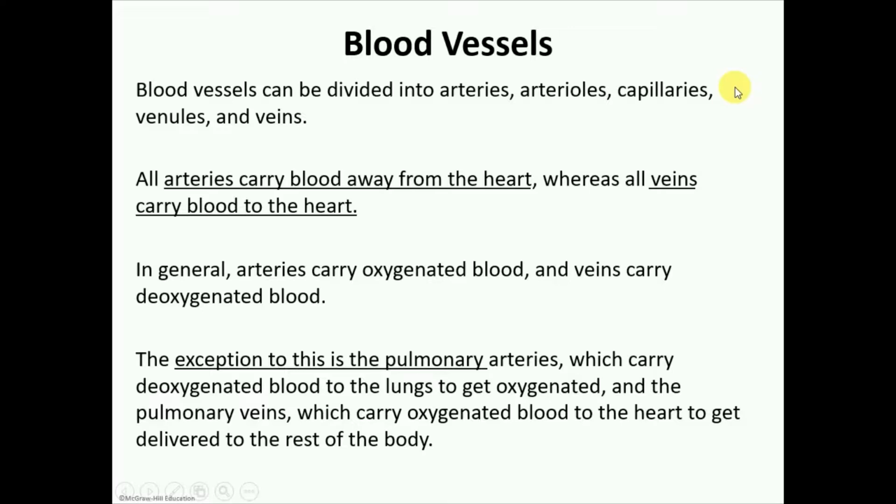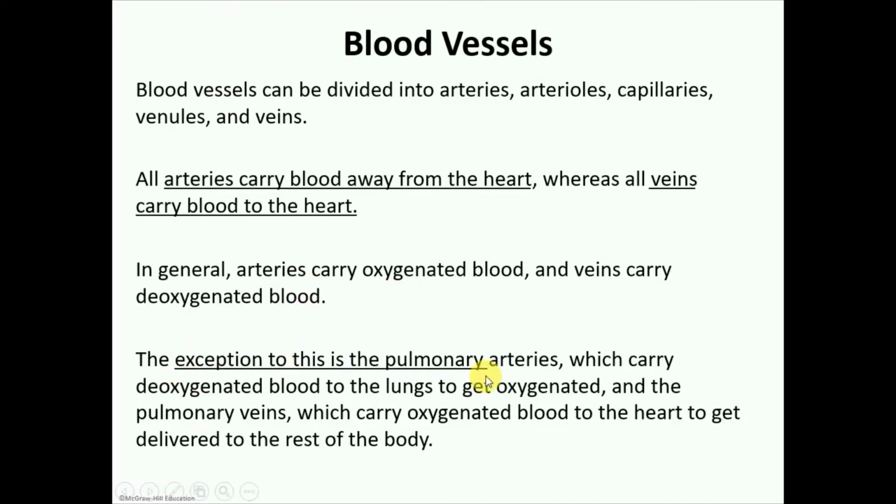And now all of that blood will be delivered back to the heart. We'll start gathering it through these smaller venules, and then end up making bigger veins. And all of that deoxygenated blood again will be pumped or dumped into the right atrium. Okay, so in general, yes, arteries do carry oxygenated and veins carry deoxygenated blood, but there is definitely an exception